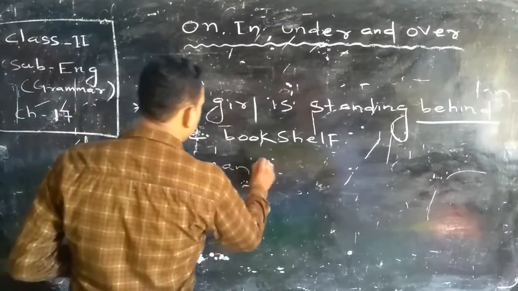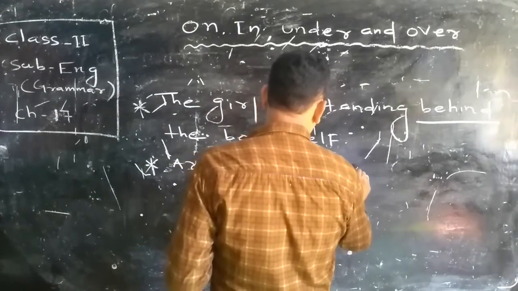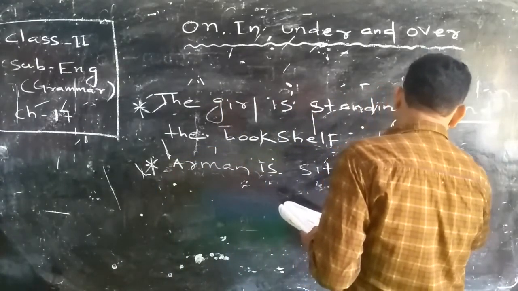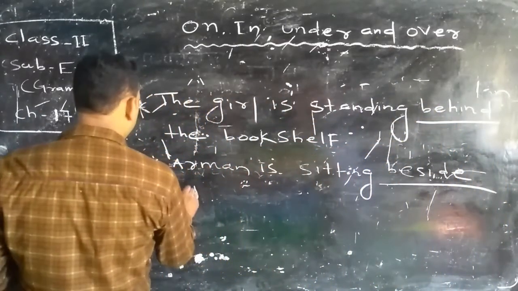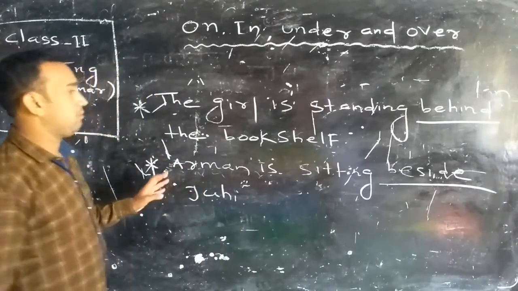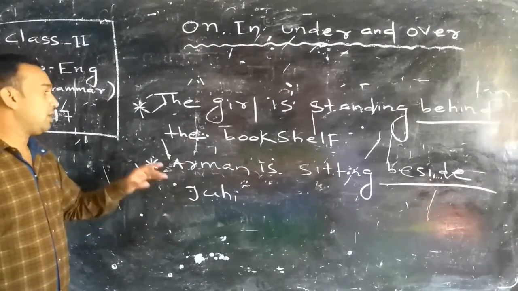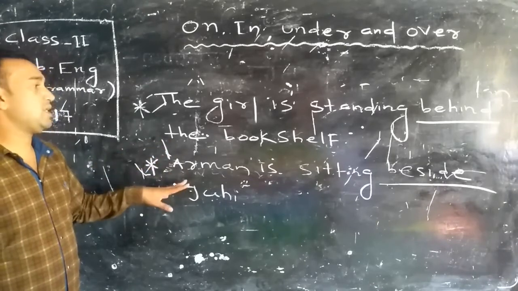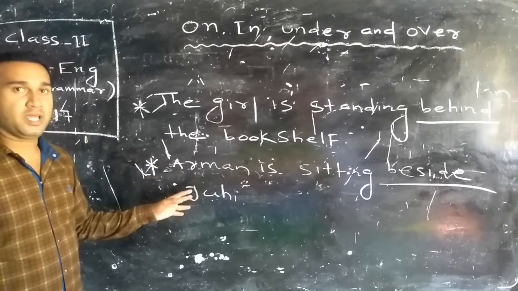Arman is sitting beside, here we are using beside जूही। जूही के बगल में अरमान बैठा हुआ है। अरमान इज सिटिंग बिसाइड जूही, यानी कि जूही गर्ल्स का नाम है और अरमान एक बॉयज का नाम है। अरमान जो है जूही के बगल में बैठा हुआ है।